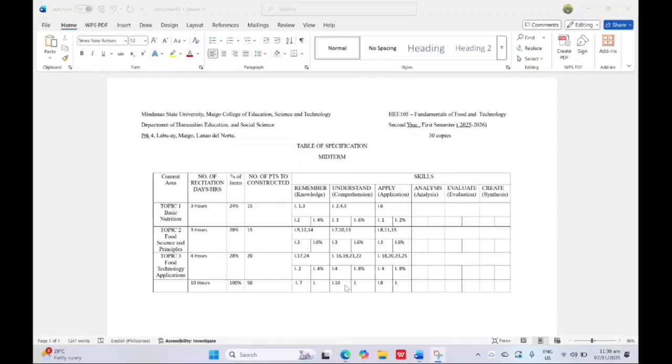As well as understanding, we have here 3 plus 3 plus 4 items. We have 10 items for all the topics. And also under application or applying, we have 8 items, since 1 plus 3 and 4 is 8. Since our multiple choice is only 25 items, so we have here 25 questions. So here you can see, guys, that the total percentage for remembering in multiple choice is